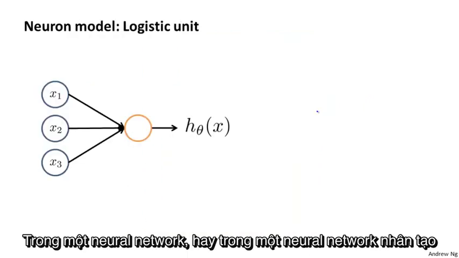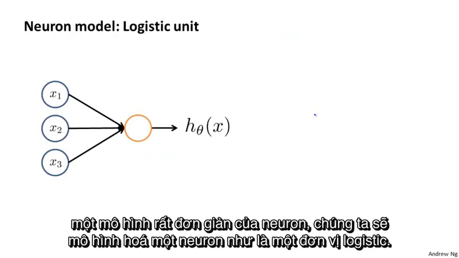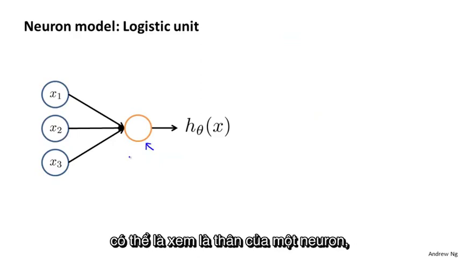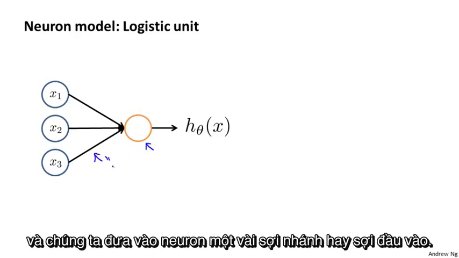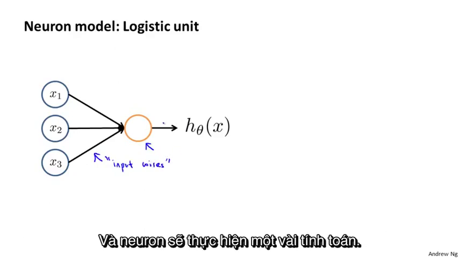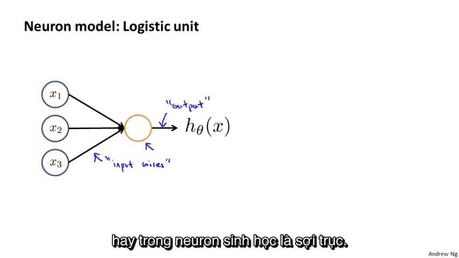In a neural network, or rather in an artificial neural network that we implement in a computer, we're going to use a very simple model of what a neuron does. We're going to model a neuron as just a logistic unit. So when I draw a yellow circle like that, you should think of that as playing a role analogous to maybe the body of a neuron, and we then feed the neuron a few inputs via its dendrites or its input wires. And the neuron does some computation and outputs some value on its output wire,